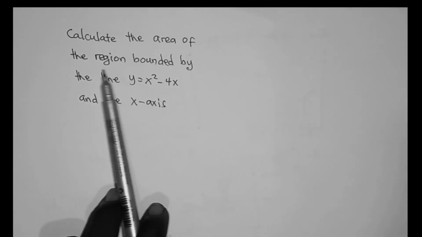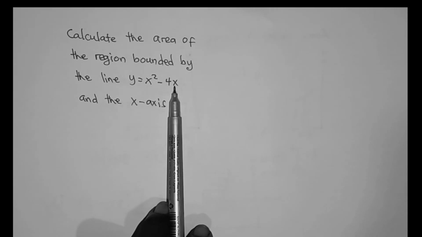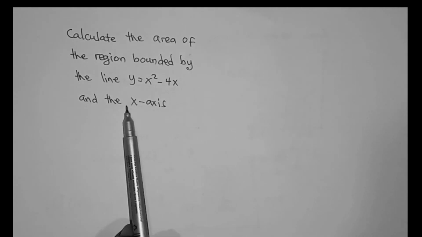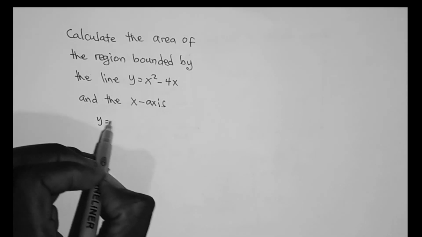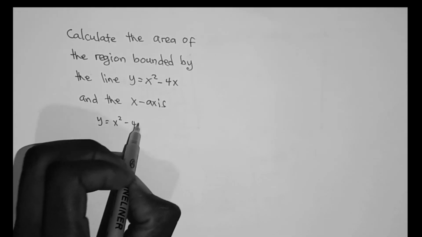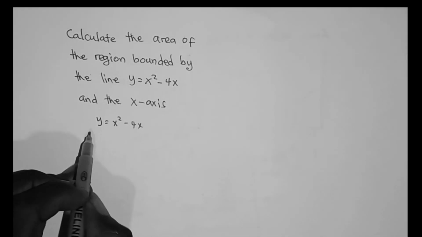Calculate the area of the region bounded by the line y equals x squared minus 4x and the x-axis. So let's try and sketch the curve y equals x squared minus 4x. We need to first find the y-intercept, and we know that for the